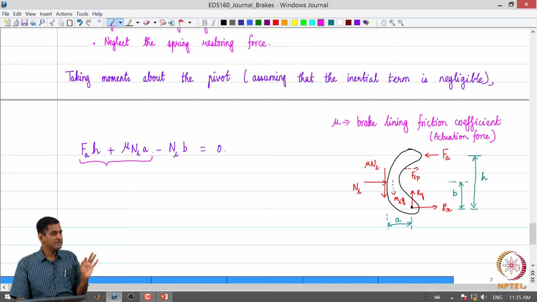By and large we associate friction with a negative connotation, which essentially is working against a process. But in this case you can see that the torque due to the friction force is adding on or augmenting the torque due to the actuation force, which is quite positive about this particular shoe in